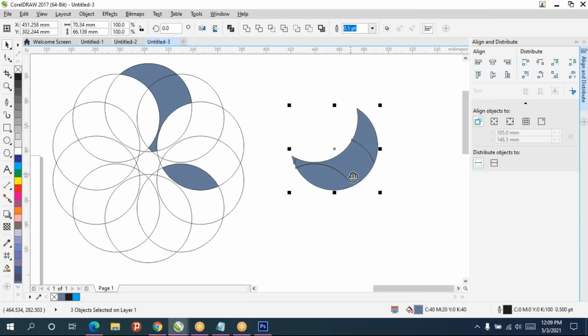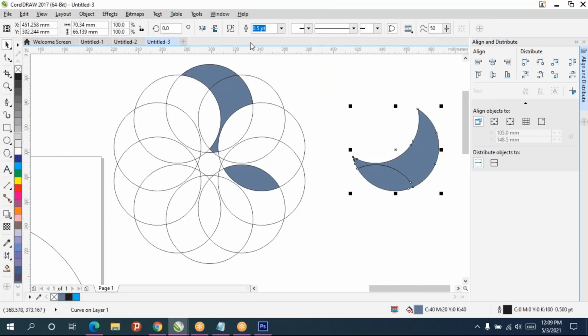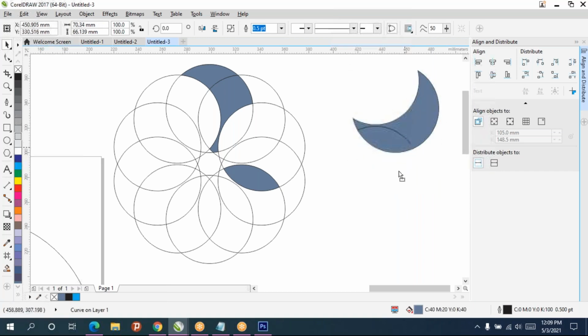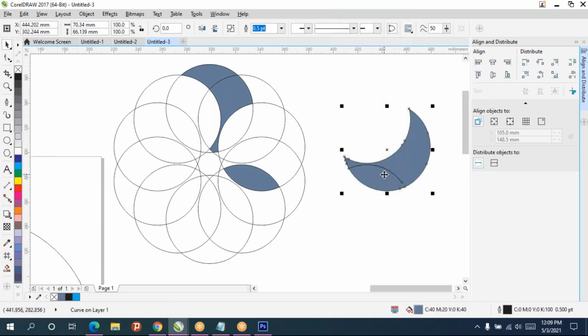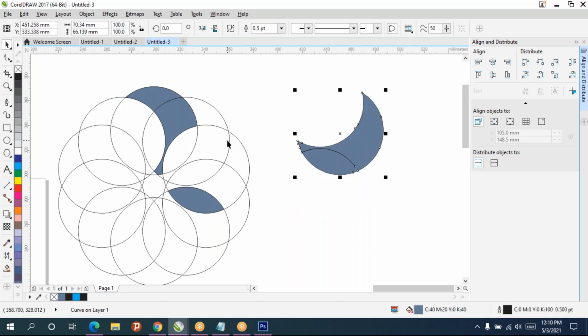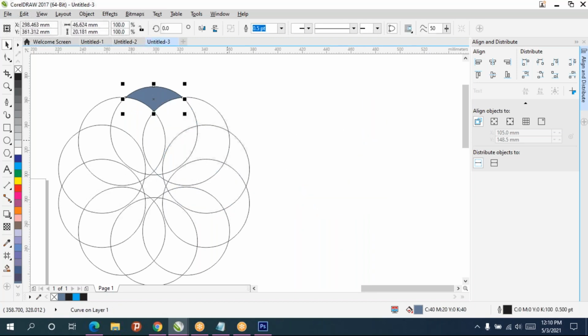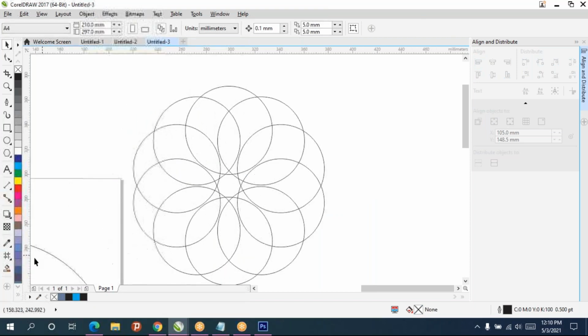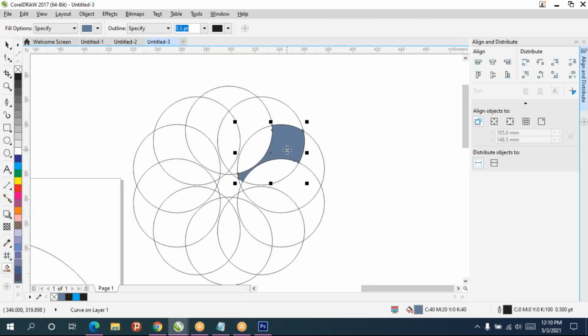I'll move that and you can do weld. So whatever you want you can do with smart fill.